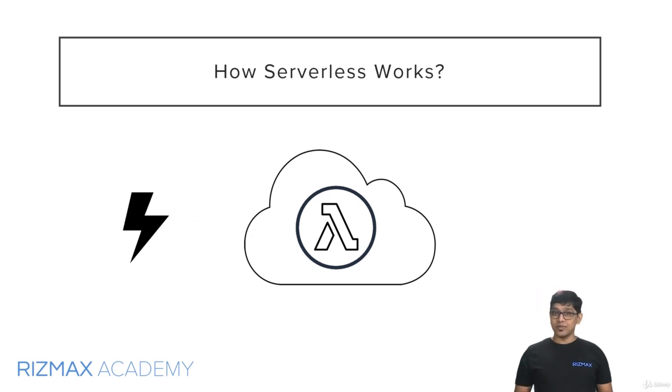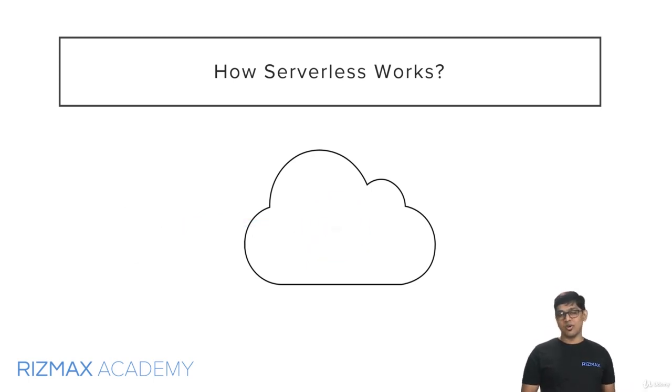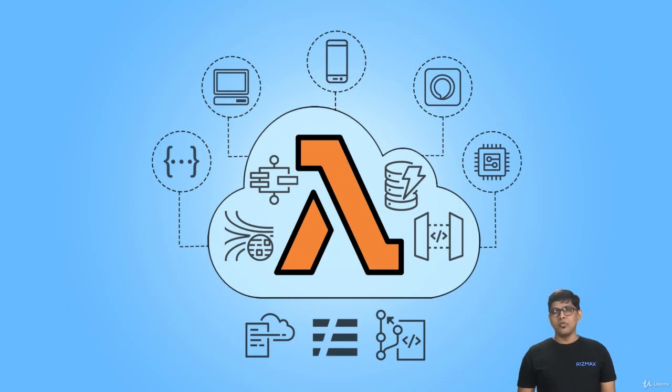Once the function completes execution, it optionally returns a response back to the caller and then finally exits or shuts down. AWS provides a compute service called AWS Lambda, which essentially allows you to create and run serverless functions in